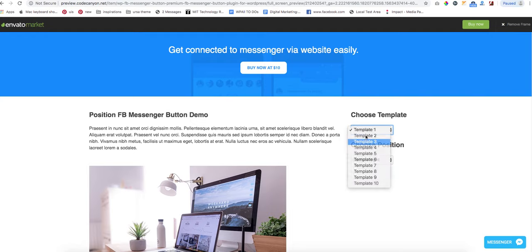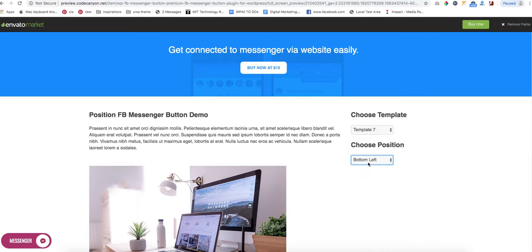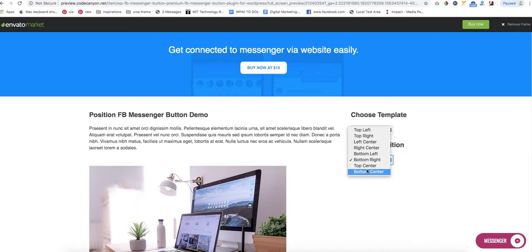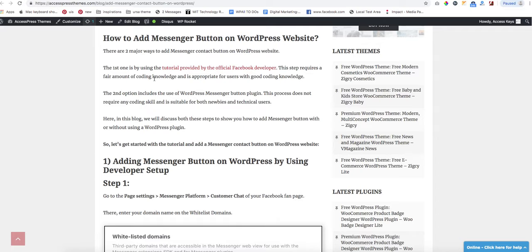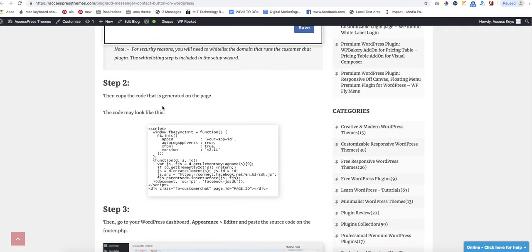There are many other templates like this, and they have given many other options for the position also. Where do you want to keep the button? These are all the options available from that plugin. So anyway, coming back to this,